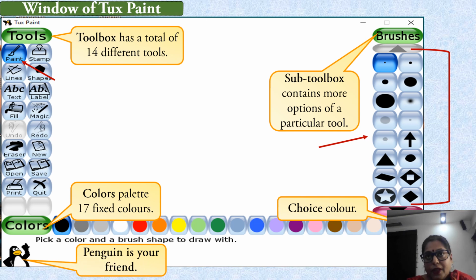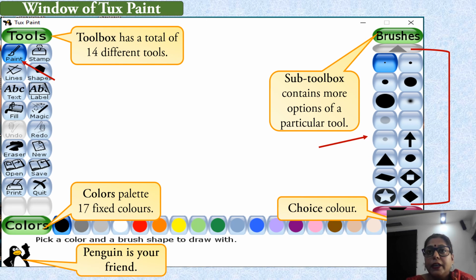Now next is a penguin. Penguin is given, yes, it is here. This is your friend. Why is it your friend? Because it helps us when we choose any tool. How can we use that tool? In short, it tells you the proper method of using the selected tool.